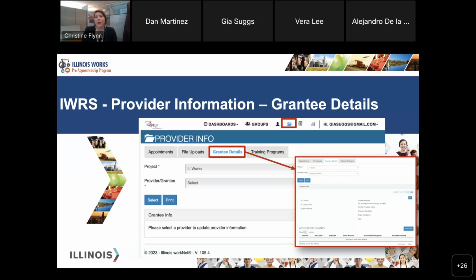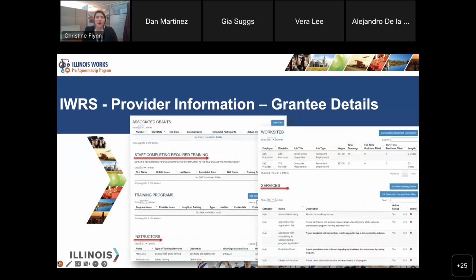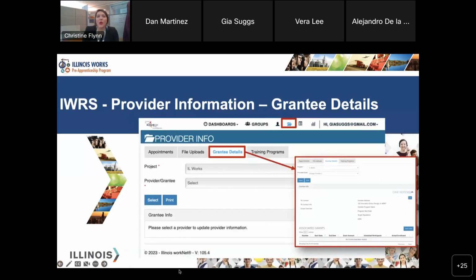So you can see in the pop-up here, you have that grantee info, which is where you're going to put your contact information, and then you have that associated grants section. Next up, the next section you're going to see is called Staff Completing Required Training. So if you have staff members,